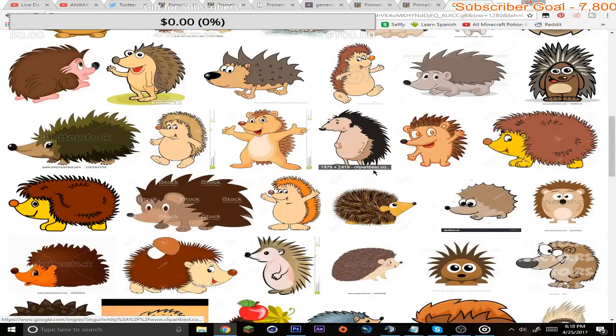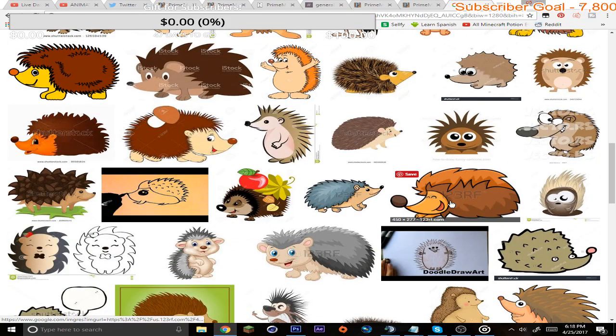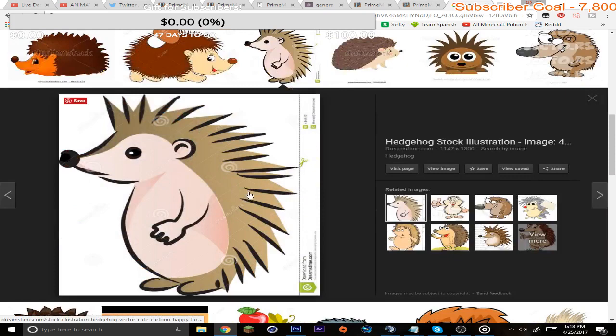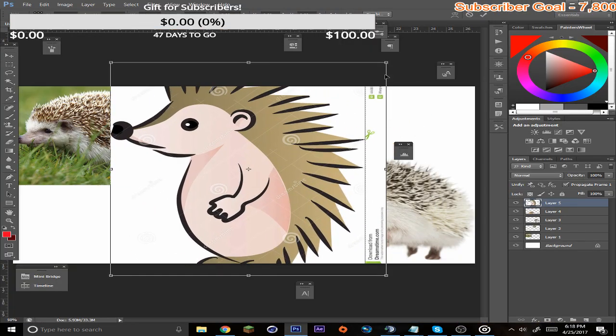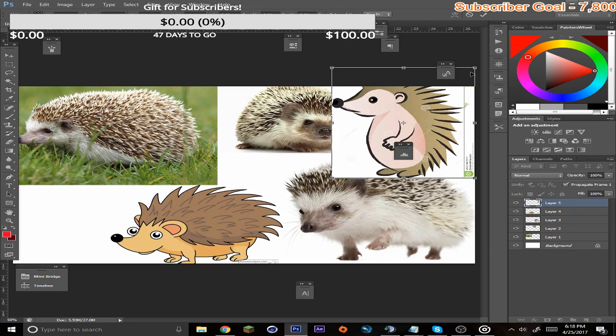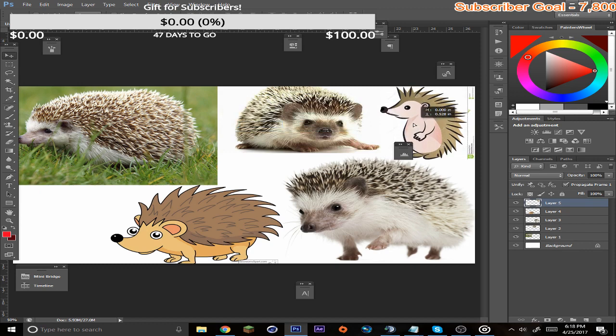What else is a more simple hedgehog? I kind of like this guy. He's very nice, not very detailed, which again is a thing that I prefer. We're going to have a cartoon hedgehog face as well, just so we can get the face proportions and everything. Let's see.